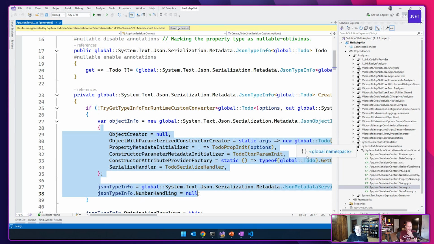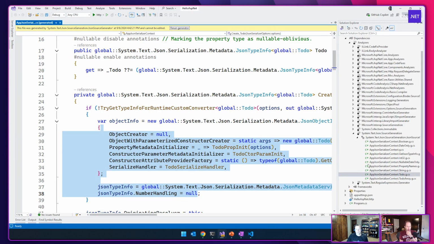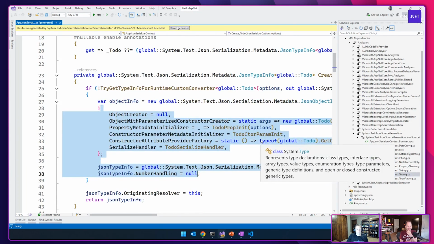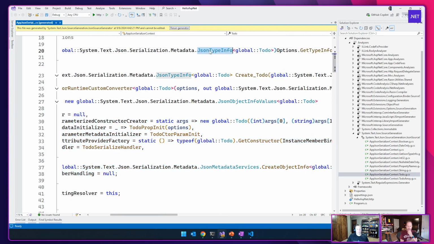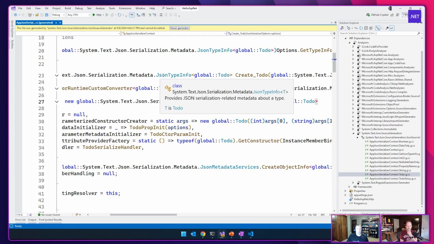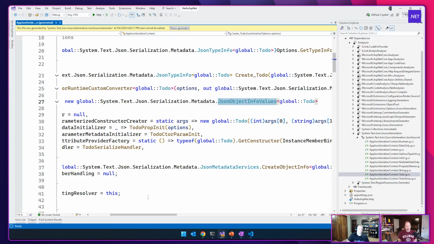Is this source generator that we're seeing beforehand effectively the same thing, or exactly the same thing, that happens during the jitting time? I would say maybe not exactly the same thing, but effectively the same thing, right? Yeah. Like at runtime, what gets built up, these JSON type infos and all these things, right? Like this is kind of the guts of how the JSON serializer works underneath. And so we had to expose a bunch more APIs so that way the source generator could new up these objects and feed it into it.